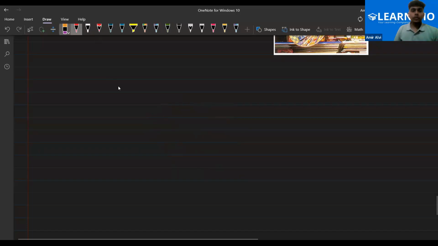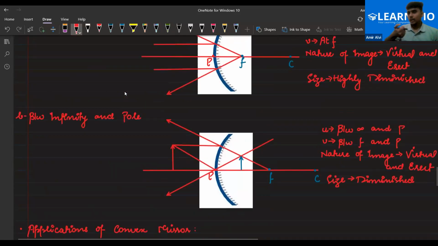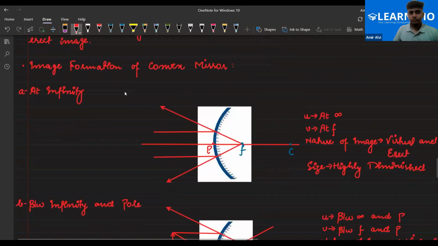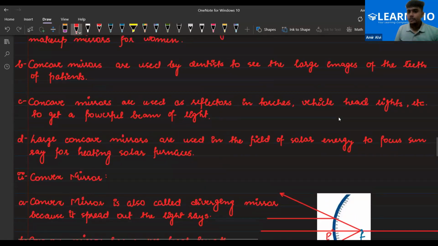So that's why. And same thing goes for the torches as well. Where is the torch case? Here it is. So concave mirrors are used as reflectors in torch, vehicle headlights, etc. to get a powerful beam of light. Okay. Next is